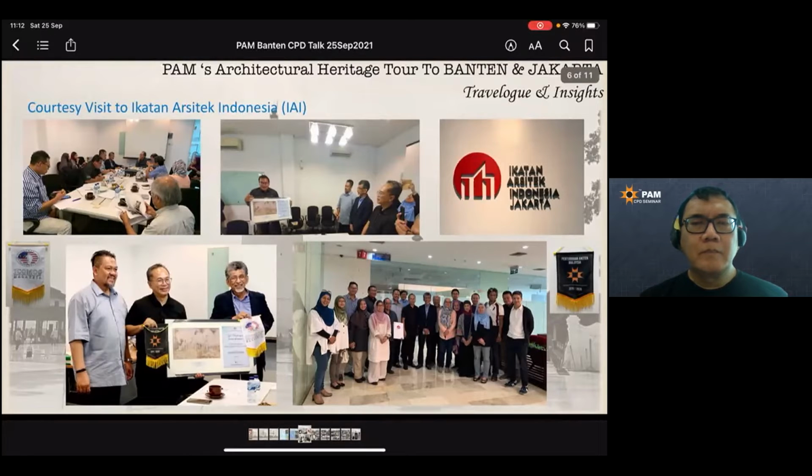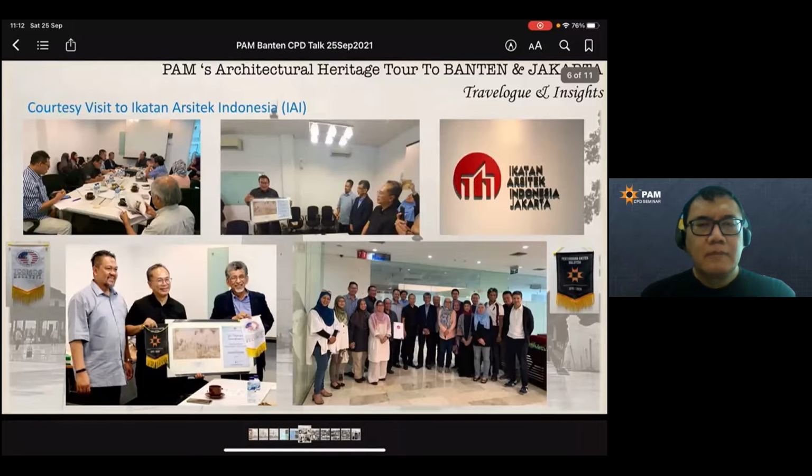We met up with the council members, and also got to meet the president, Architect Johara, and we exchanged gifts. As you can see here, we gave a replica of the Masjid Jami painting,